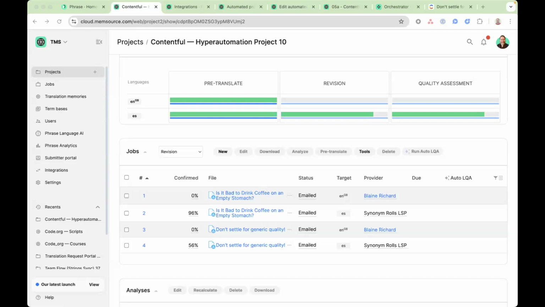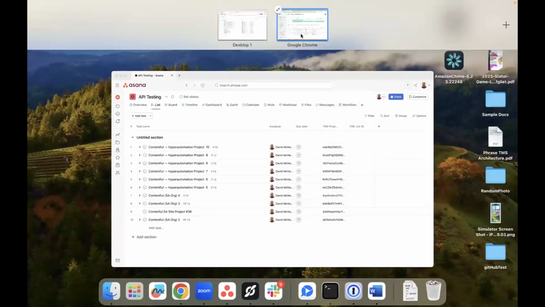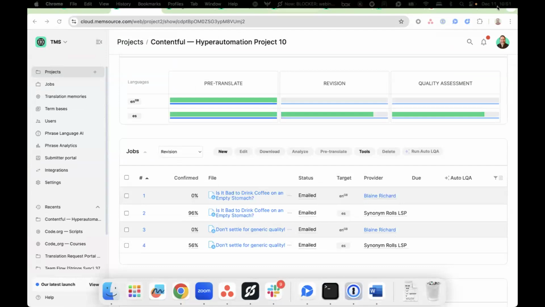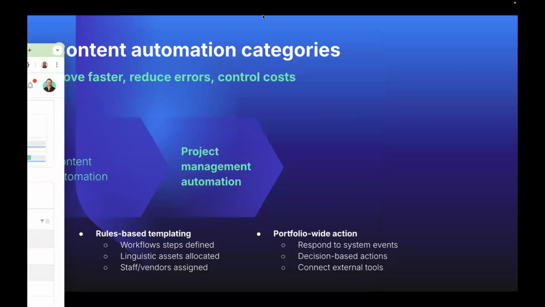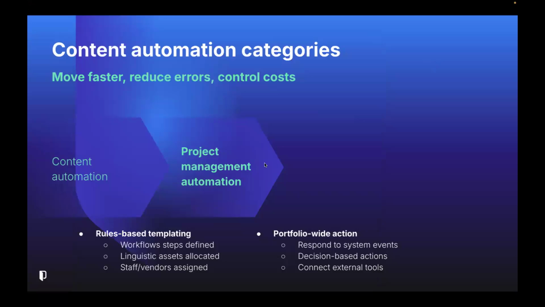in the translation. Because hyperautomation, as we'll see, when we get into the translation, there we go. Project management automation, which we're talking about now. When we get through into the translation automation, we'll see that we do depend quite a bit on machine translation and AI. So what is your risk tolerance there? Okay. Great side conversation and might be a good topic for a future webcast, because that's more of a consultative